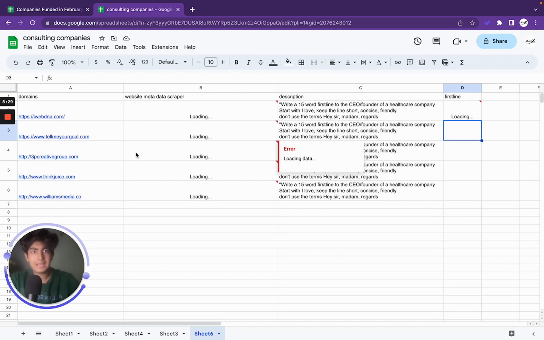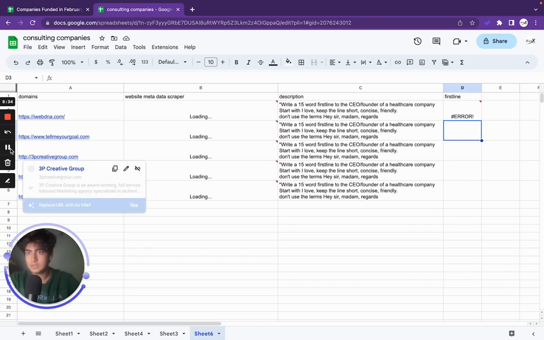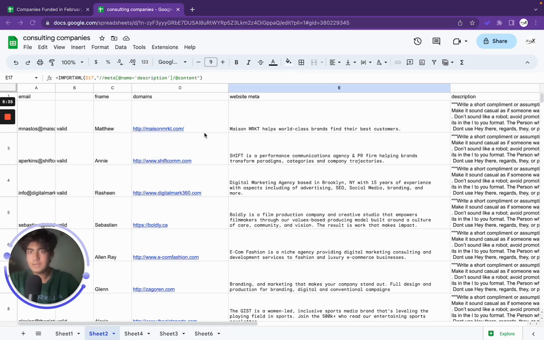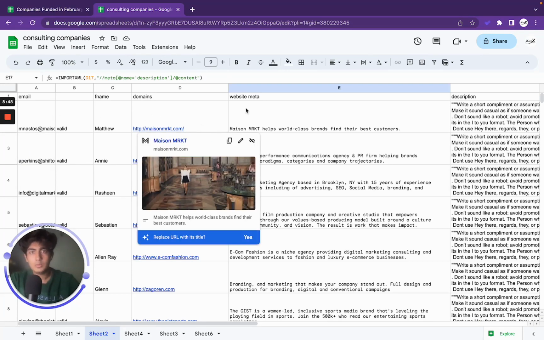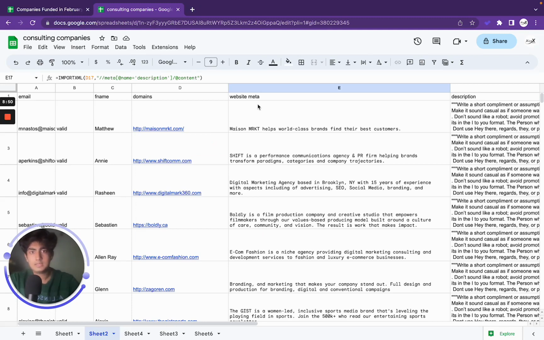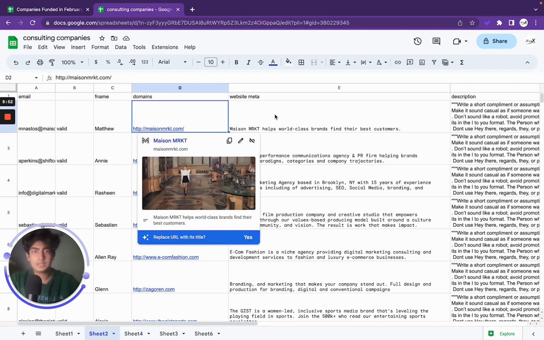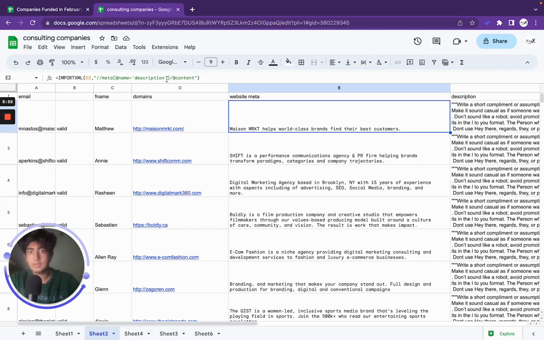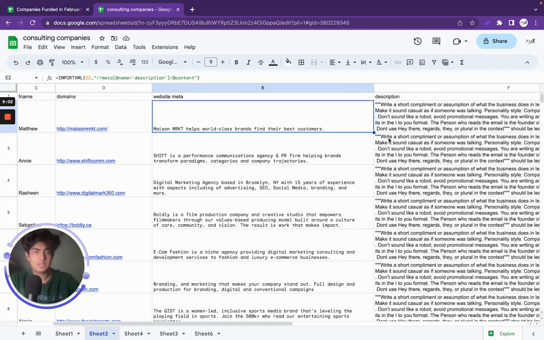So I already have a pre-written sheet, so let me just go ahead and show you how it actually looks. Once you give it enough time, this is how your sheet will ideally look. You have your email address of the person you'll be emailing, then you have their first name, then you have their domain name, right? What the data scraper does, as I said earlier, is it will scrape any data that's under the description tag, and it'll populate it onto Google Sheets. So once you get the website metadata, this is our description. This is the description that we're using in